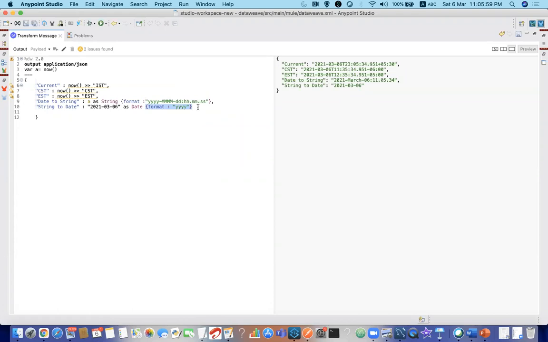I think I have to convert from date to string again. As date time it will not give. I will pick this date time value. As date time, yes, but I am just curious about format.